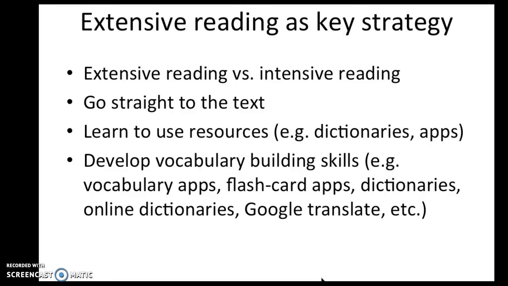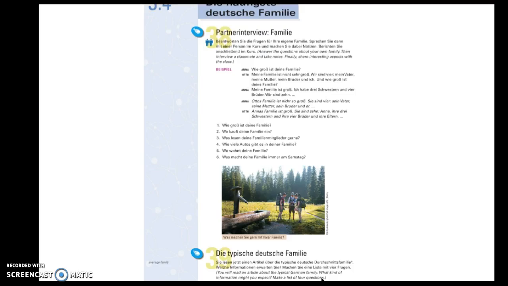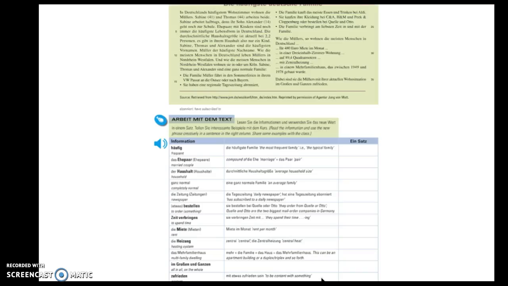This is our key strategy, as I already have explained. We go straight to the text, as in this first profile. But then our other texts, we have the typical get into the topic. This is from chapter 3, get into the topic, die typische deutsche Familie. And then we have a text, and following what we call Arbeit mit dem Text, a